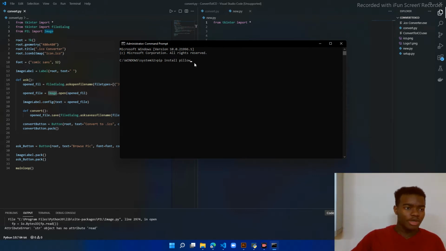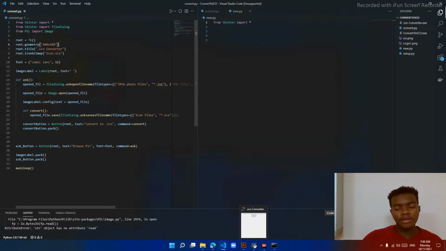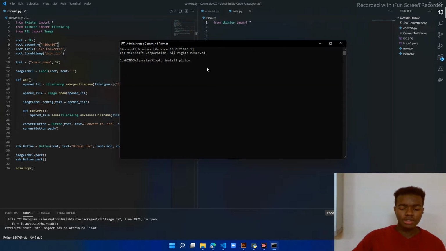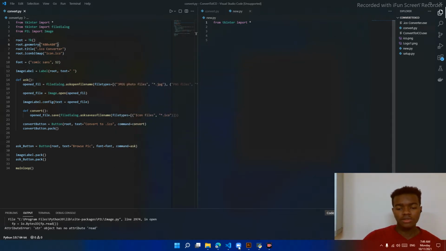It's written pillow, but when you call it in code, you've got to write PIL, P-I-L. Okay, pip install pillow and hit enter. If pip works for you, it will get installed. If pip doesn't work for you, you've got to look for how to install pip or how to modify pip on your computer so it works for you. Or you can manually install it from,